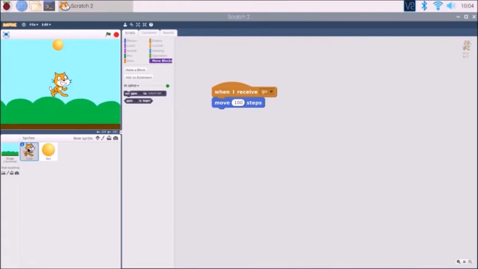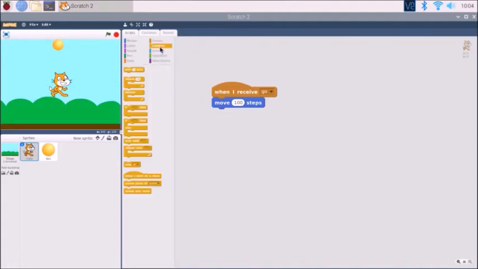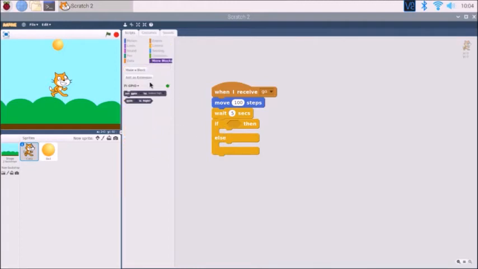Select the cat sprite. After the cat moves 100 steps, we introduce a wait time of 5 seconds so that after observing the motion of the cat, we can observe the switching on of the LED. So go to control and select wait for some seconds and put 5. Now choose the conditional block of if then else. Go to more blocks and select the block: check if GPIO pin is high.